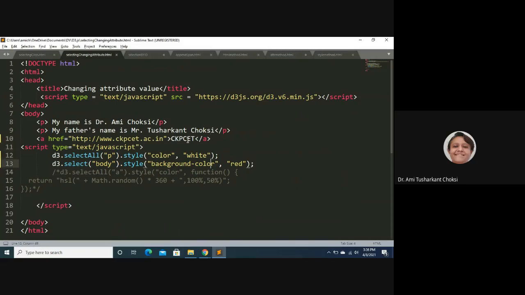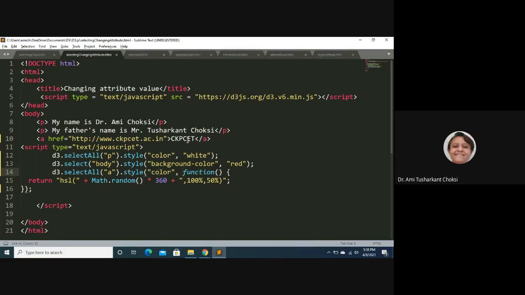Now, for that, here I am using d3.select. In this, you can say only one A tag is there. Fine, you can write more than that also. But I want to use select all. So I am using that. d3.selectAll A tag is there. Dot style. So what is our CSS style? So that is color.